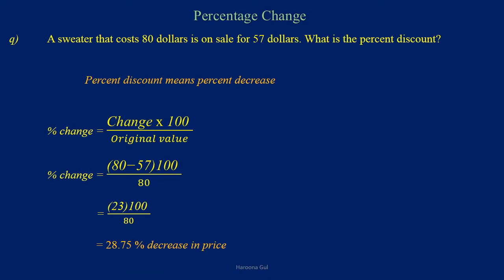This is a percentage change question, and it says that a sweater that costs $80 is on sale for $57. What is the percent discount? Percent discount simply means percent decrease. So we're going to apply the percentage formula, which is change into 100 divided by original value. And the change is 80 minus 57 into 100 divided by 80, which is the original value, which gives us 23 into 100 over 80,